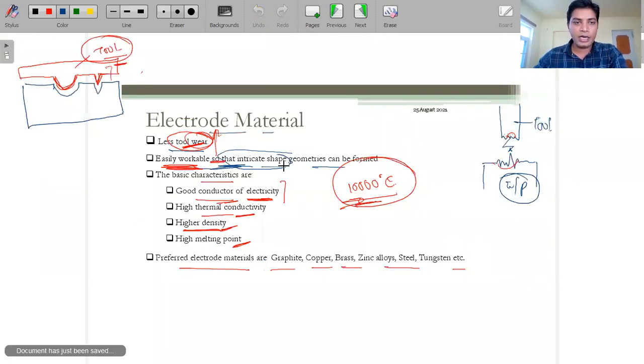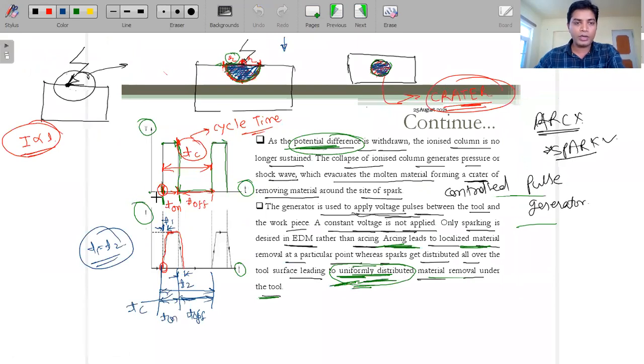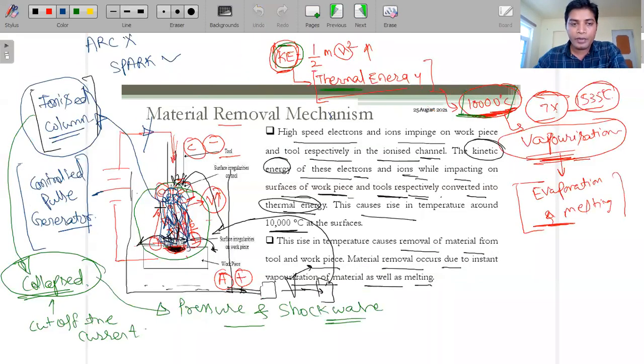Okay guys, so here I'm going back over here. In this slide, Majid, please keep in mind that when the voltage is on, it will reach the maximum. It will be stable for some time, and after that we cut off the power. Cutting off the power means there is a collapse of the ionized plasma that I mentioned over here. Electrons and positive ions are generated from the workpiece and the tool due to the potential difference. If you switch off that voltage, this will collapse because there is no power supply.